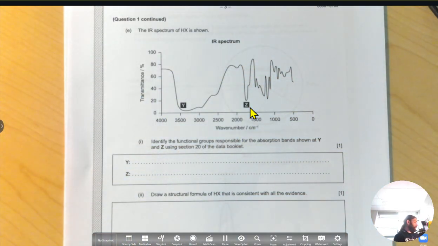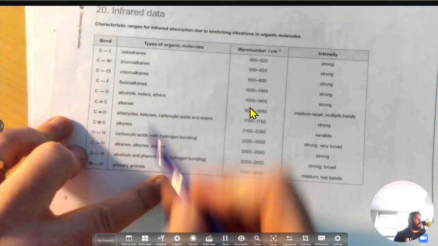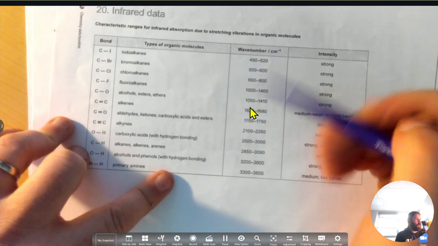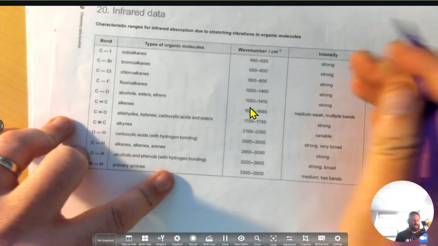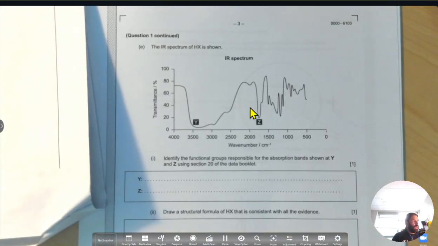we're told to go to table 20. Table 20 is infrared stuff. So what we have here is the bonds, the type of molecule it is, the wave number, which is just the x-axis, and the intensity. It just shows how long it goes. All right, so let's first